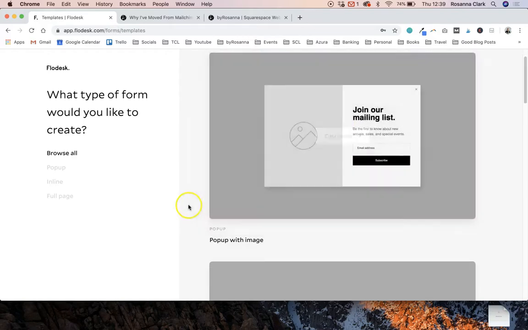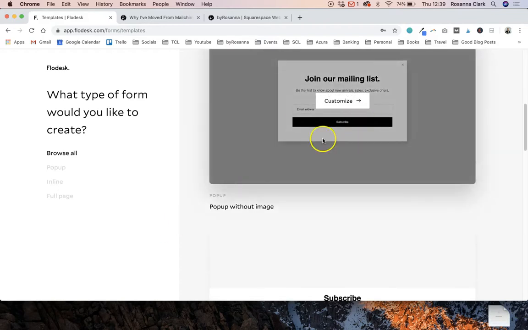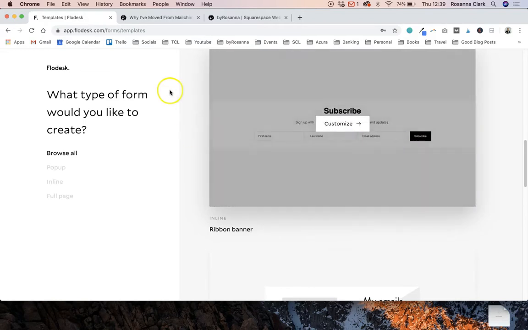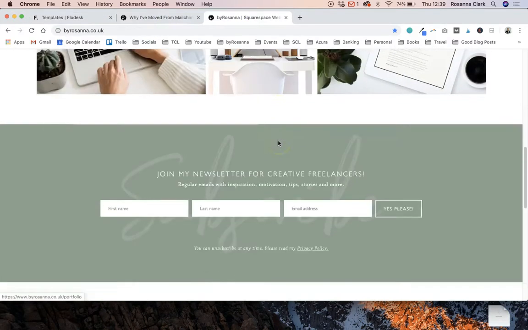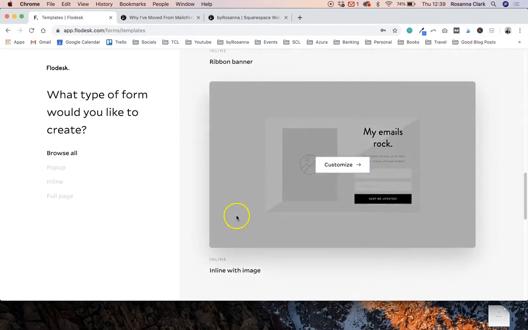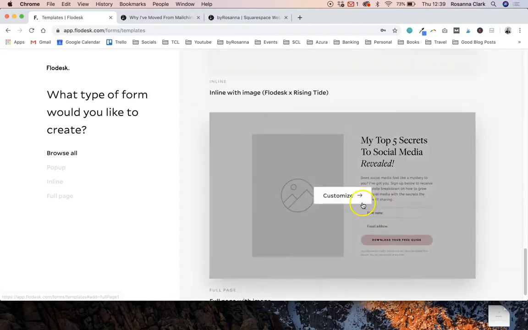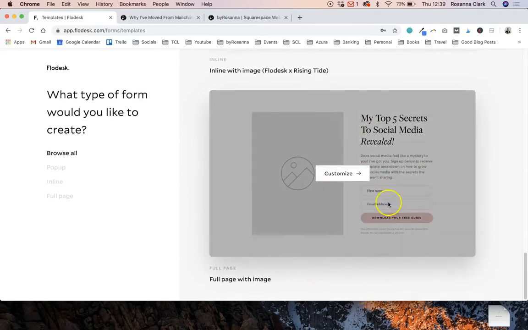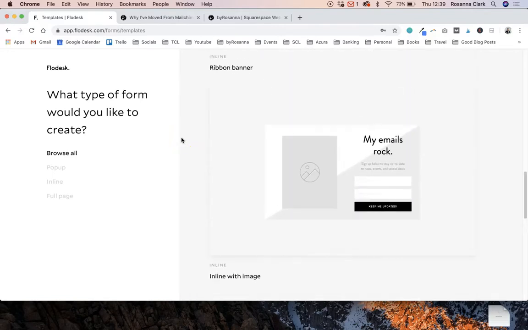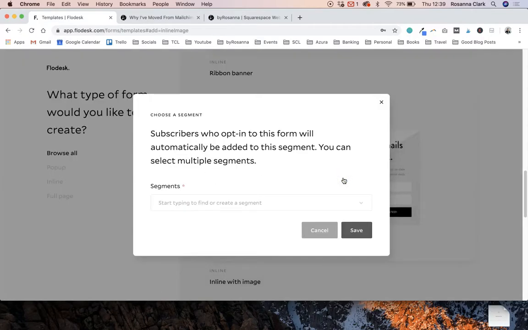So you can have a pop-up form on your Squarespace website with or without an image. You can also have an inline kind of banner one, which is similar to what I've used here on my homepage. You can also have one that has an image with it, or a circular image, or something that is a full page, which enables you to create a landing page. But for the purposes of this, I'm going to go for an inline with image, and I'm going to click